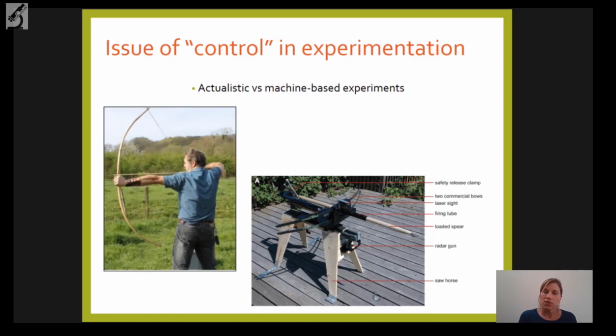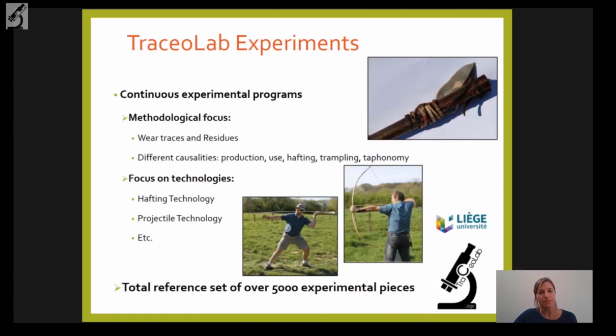They're actually complementary. While machine-based experiments can focus on the link between, for instance, two variables, more on a theoretical level, actualistic experiments permit to integrate this more broadly. So I think it's important that control is not purely related to machine-based experiments, as it's independent from the kind of experiment that is performed, and that the combination of both will lead to the most reliable results.